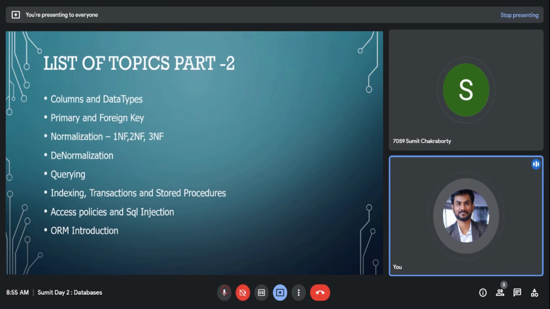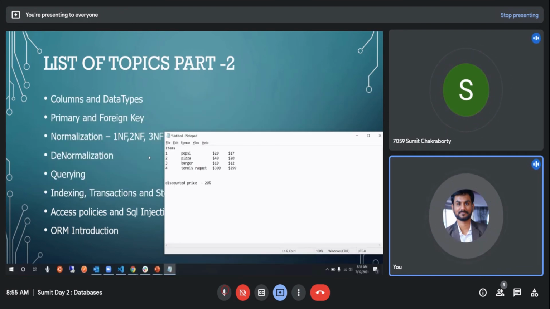For example, say in the items table itself, if I've created favorite items and the customer dishes example, you remember, right? So if you remember that customer favorite dishes, each time a customer orders something, what happens? The orders table will have information from the customer table also. The orders table will have information from the dishes table also, and then it will calculate something and have a total value.